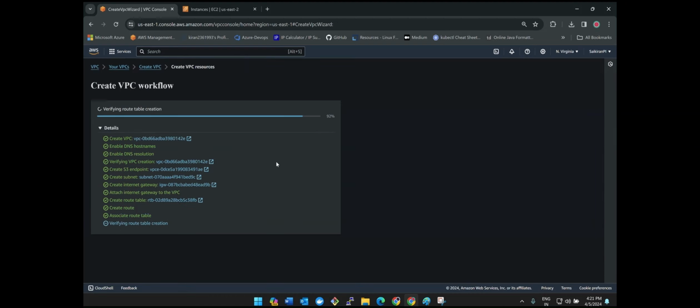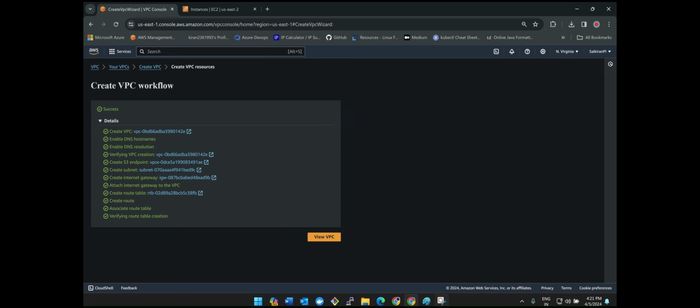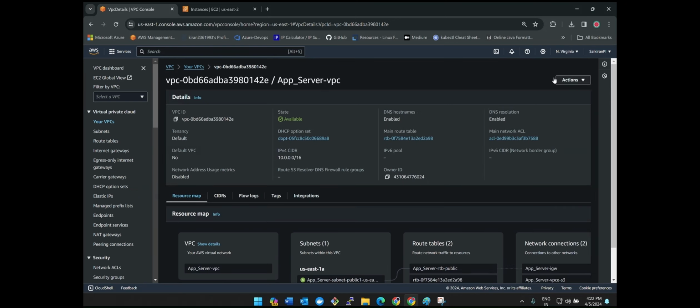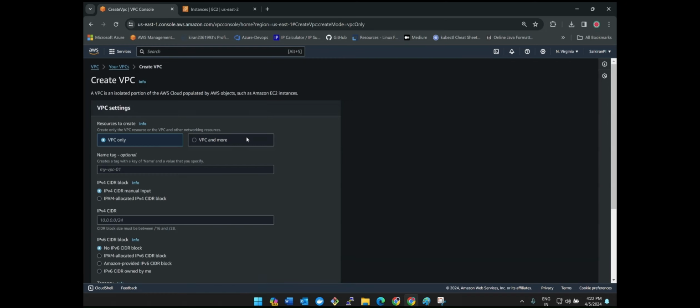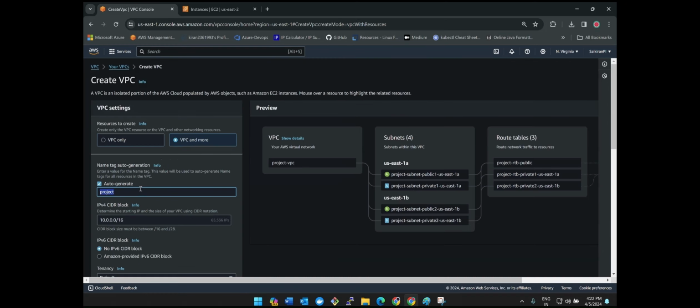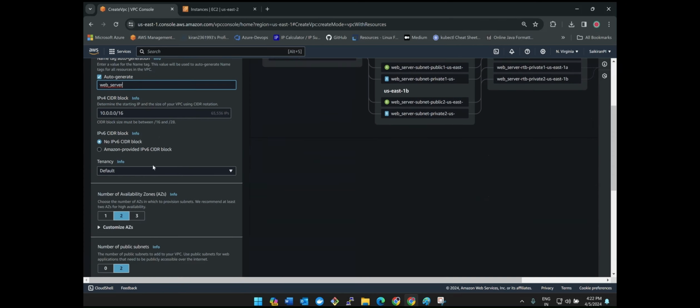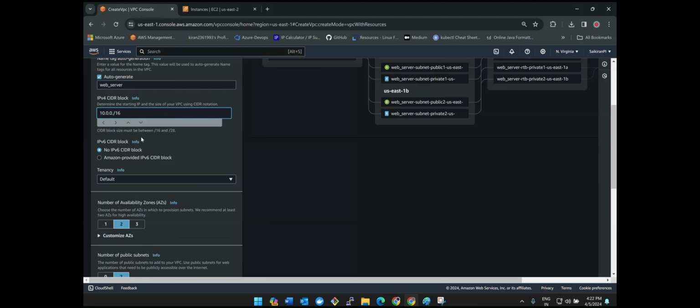Now I'm going to create one more VPC in the same region. View VPC. Again, click on create VPC, VPC and more. Now I'll change the name to web servers. Guys, make sure that no IPs overlap. When it comes to VPC peering, the IPs should not overlap. The CIDR block range we gave before was 10.0.0.0/16. Now we have to change this. I'm going to give this as